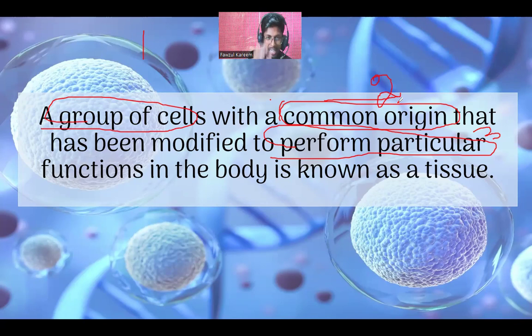Can you understand? Like that, all the tissues have a common origin. Each and every cell has a common origin. You can understand this point simply by understanding the fertilization process. From a single cell, you have been produced and transformed into a multicellular organism. So all the cells in your body have been formed or modified from that particular cell. So will you accept that all the cells have a common origin? All the tissues have a common origin? Did you understand the fact that I am going to tell?